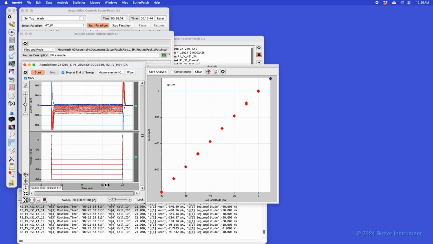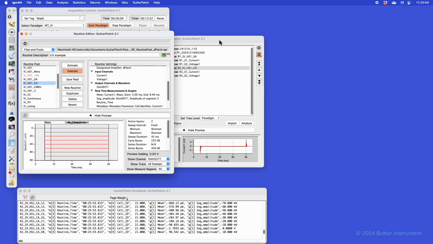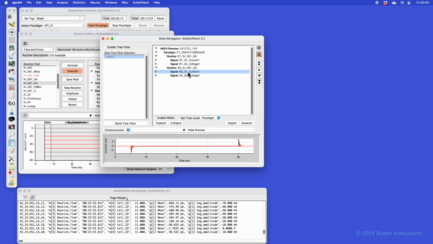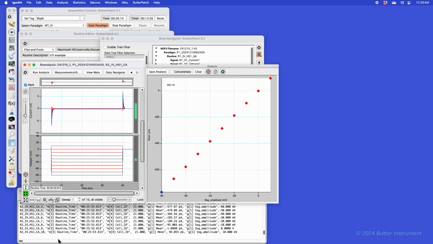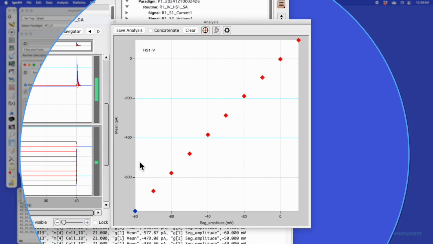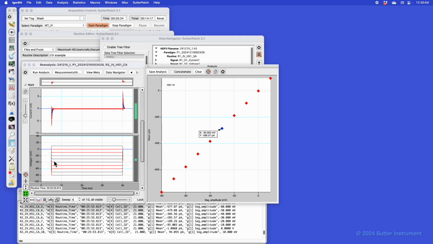The results here in real time showed both. The real-time measurement showed both running, but when you actually go back to the data navigator, you will see that you only have the 10 sweeps, which is the average results for both the voltage signal as well as the measurements. Another nicety that we added to the real-time measurements is you can now get information by clicking on the data points here, the X and Y values, and it also points back at what sweep this data is associated with, and it automatically loads a sweep.